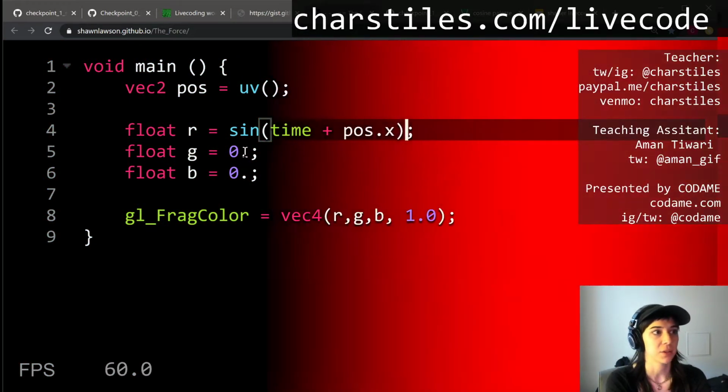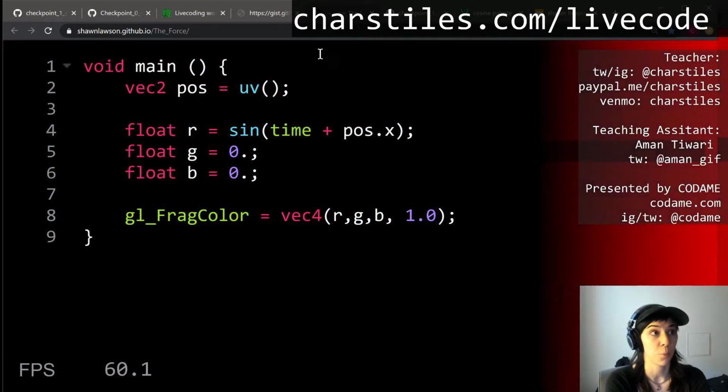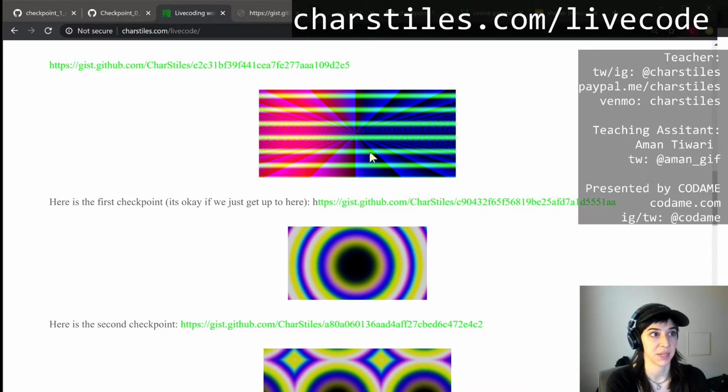Great. Okay, so the green channel, we see that it's going to be a function of position dot y because it's